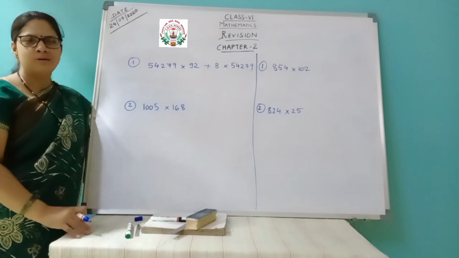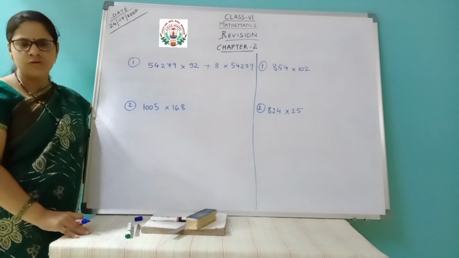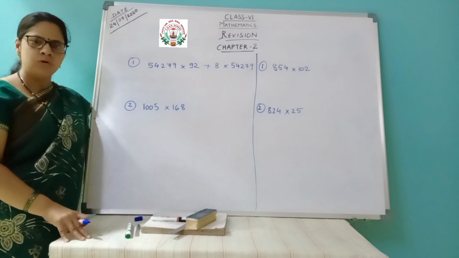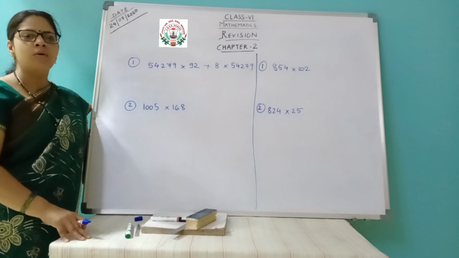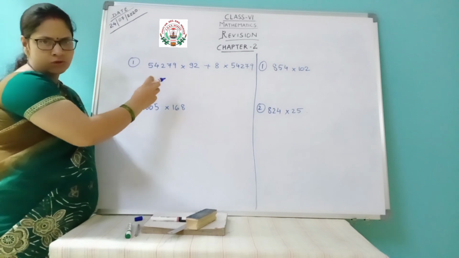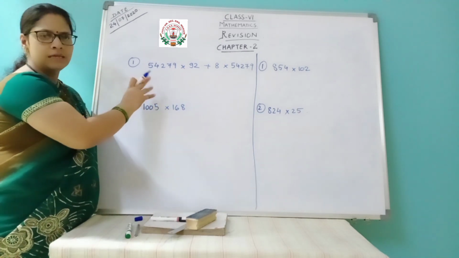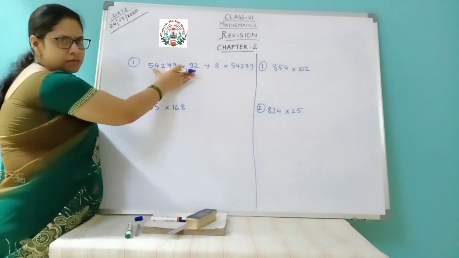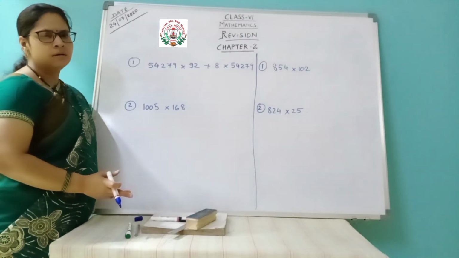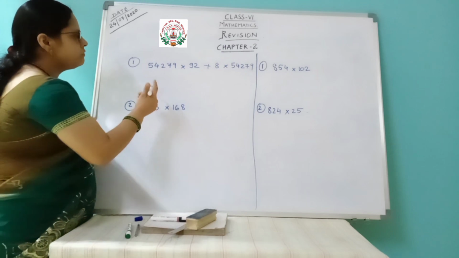Just now I told you that the distributive property is the most useful property, which you are going to use in most of the questions. So here are some questions in which you are going to use the distributive property. Now here I am telling how to use that distributive property. Here the question is actually to do some kind of arrangement to make it easy. Otherwise you can just multiply this number, then multiply this number and then do the addition. You can get the answer. But if you can make it a little easier, it will be most beneficial for you.